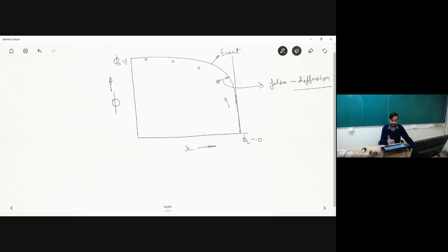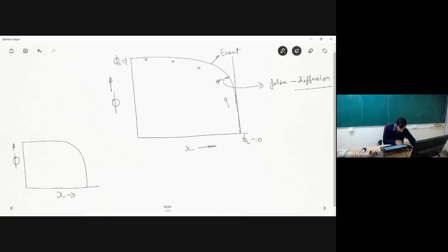So why is this diffusion occurring in the case of the upwind differencing scheme? Can you explain? After looking into the discretization scheme which we have followed, can you explain why we are getting false diffusion over here? If I give you some idea, the exact solution shows that it will depend on the local Peclet number. Yes, that will depend upon the local Peclet number, but let me show you.